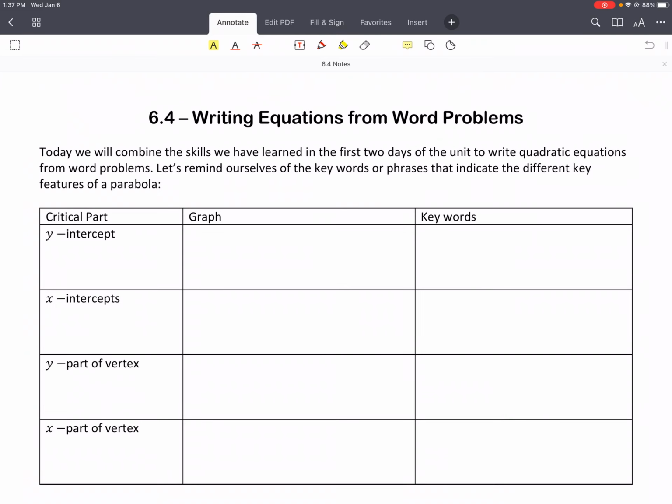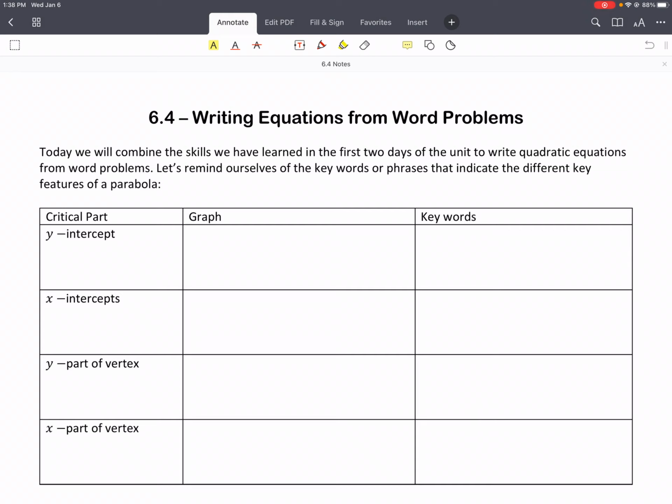Alright guys, so lastly, we're going to combine what we've done over the previous days on the unit, and now we're going to take word problems and we're going to write equations. So, we're going to take those two scales and mash them together. Just to kind of help you with that, you may be given a graph or you may be given words,